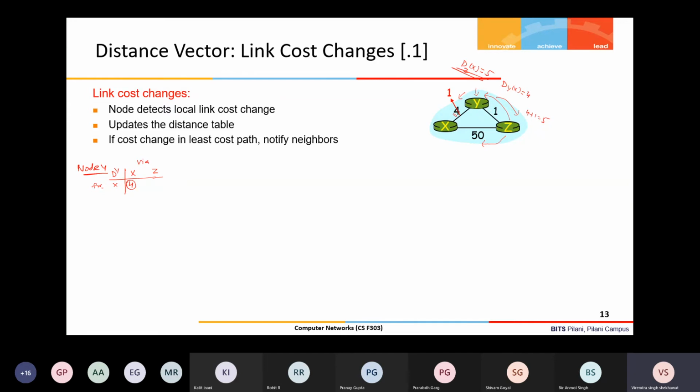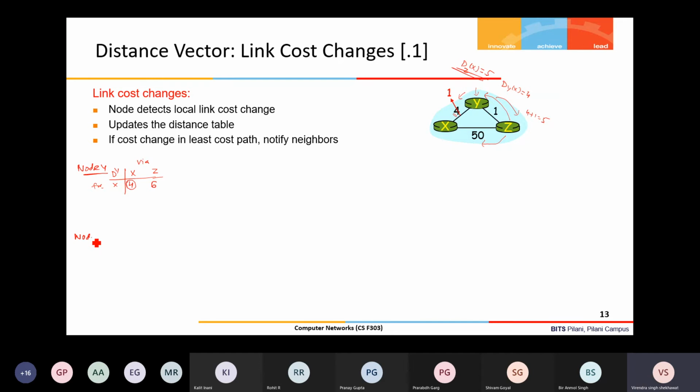As an estimate, the earlier value of the distance vector sent by Z gave a cost of 6, because Z tells Y your cost to X is 5 and my cost to Y is 1, so 5 plus 1 is 6. So that's why it was 6 via Z. Although 6 will not be used as the least cost, nor used as a path by Y to forward packets for X, because its least cost to X is the direct cost, which is 4. Okay.